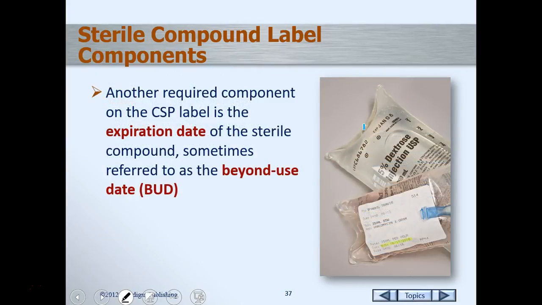Another requirement of a compounded sterile product label is the expiration date, which we often refer to as a beyond use date. So if we look at this label here, this looks a lot like your typical pharmacy label. I don't know why it doesn't want to highlight. So we've got the patient's name, we've got